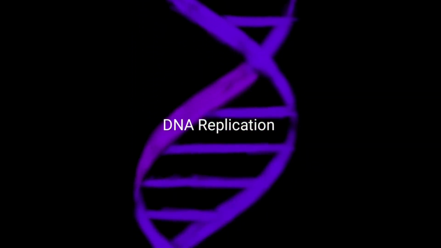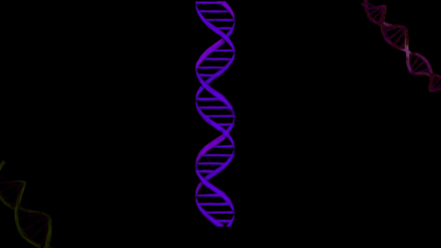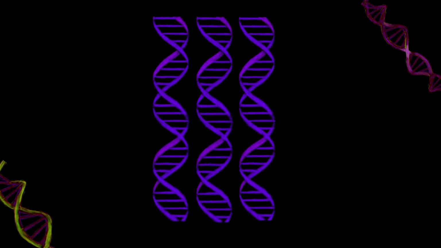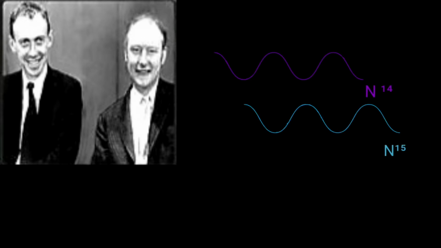DNA replication. We know that DNA is a self-replicating molecule. All living creatures have the capacity to reproduce because of this characteristic of DNA. DNA is semi-conservative. In 1958, Matthew Meselson and Franklin Stahl performed an experiment to prove that DNA is semi-conservative by